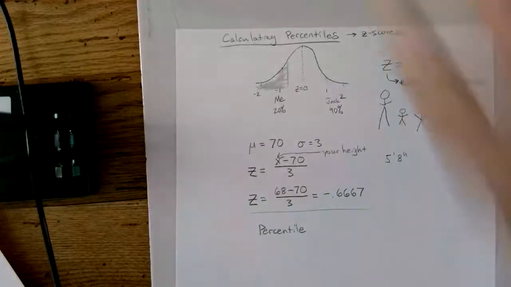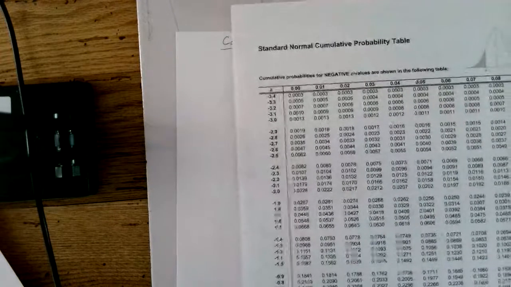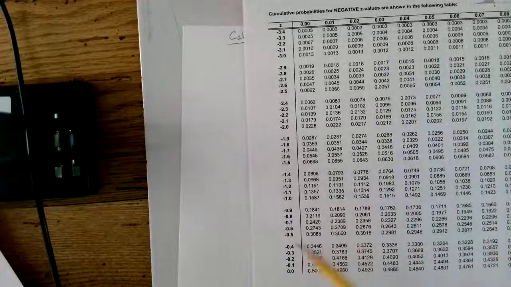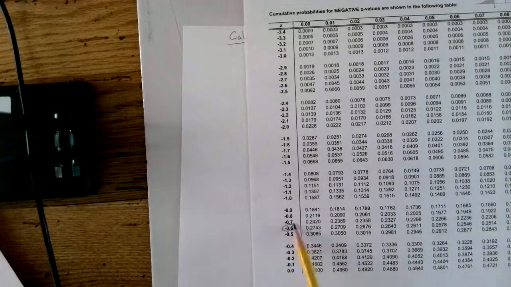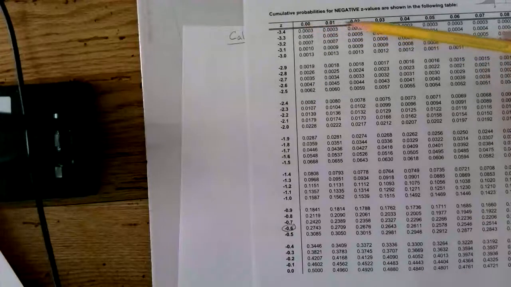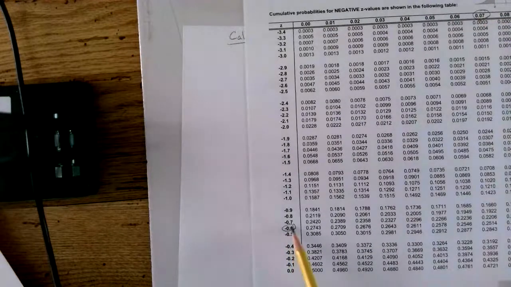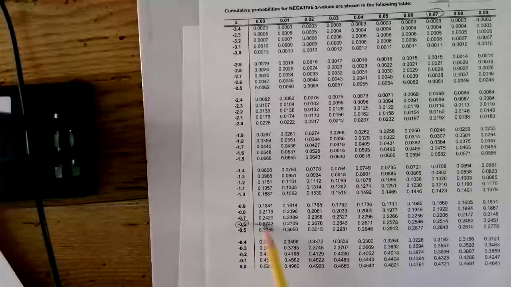Well, let's check this out. Okay. I was a negative 0.66. So as you look at this, I can find here I'm at negative 0.6, and that's to the 10th. Then to the 100th, you've got to go down this chart. So negative 0.66, and I was closer to 7, so we're going to be this one right here, negative 0.67. So I look for the intersection of those two. Negative 0.67 is going to bring me here